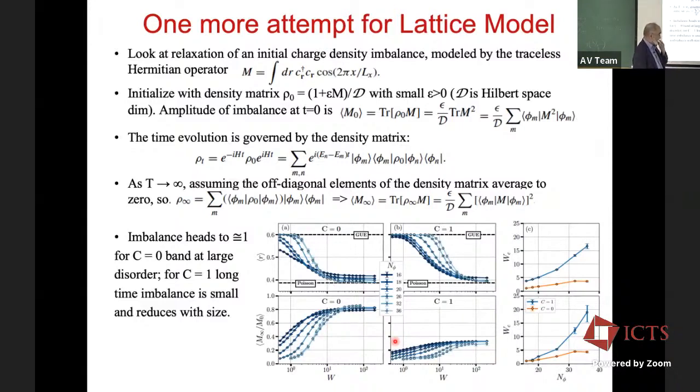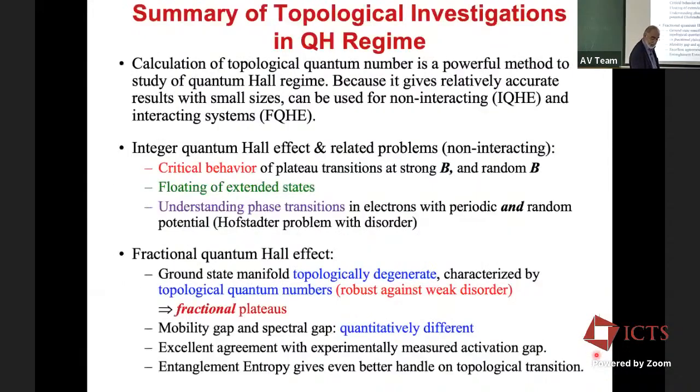Whereas the Chern 0 band has the opposite curvature, very similar to what was seen for the R values, and this is for the dynamics: how much memory is retained or not. So in both cases, it seems to suggest that the Chern band, which has a topological character, does not want to many-body localize. Certainly it is very much more resistant than a band that has no topological character.